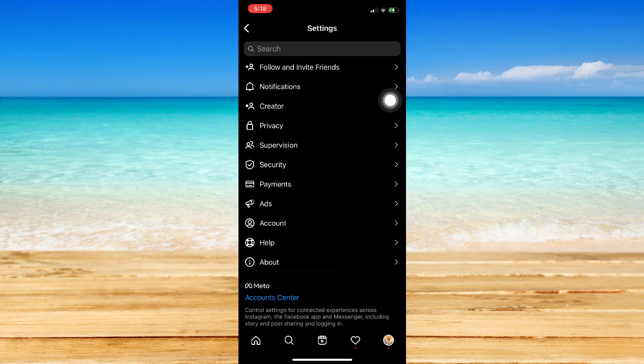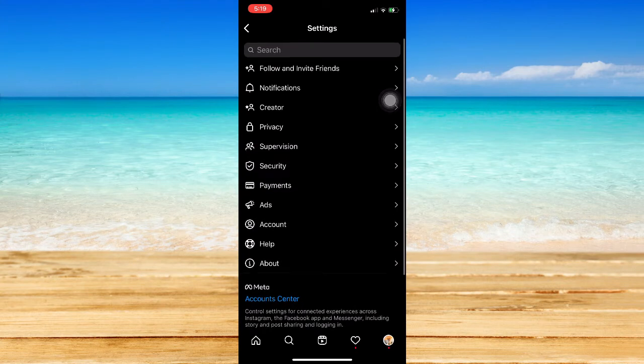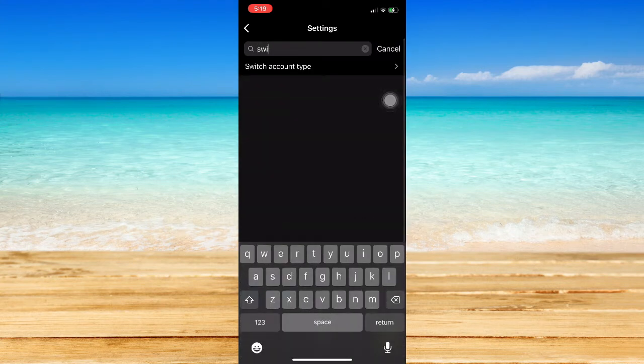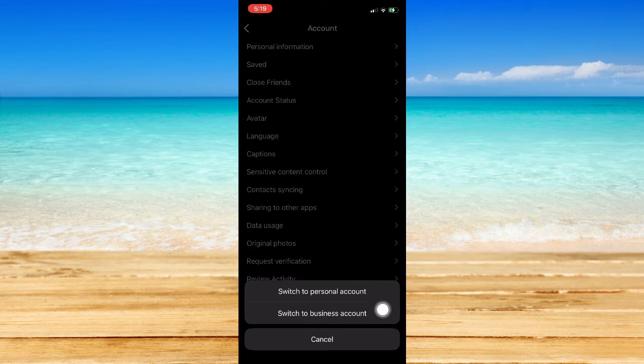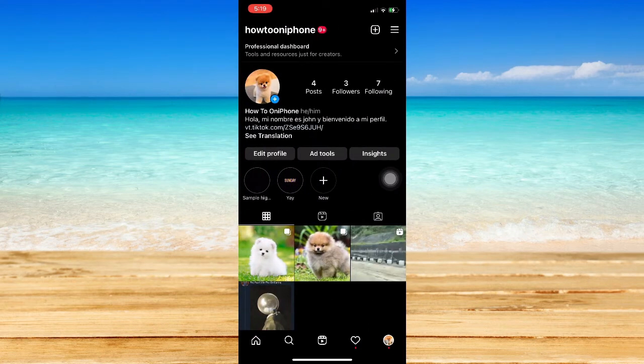Go to settings and then search for switch account type. So click on it and then you should choose switch to business account or professional account since the personal account doesn't have this option. So once you click on the business account, then you might need to click or choose a branding or a category. So you just simply follow the steps needed and then you may go back to your profile once you have